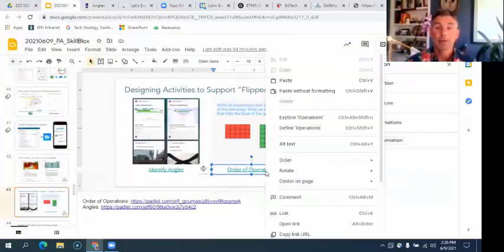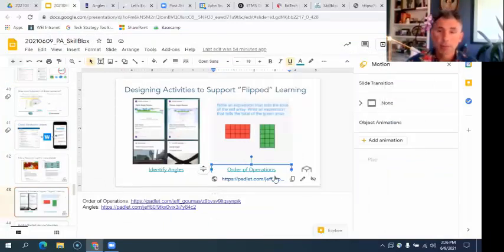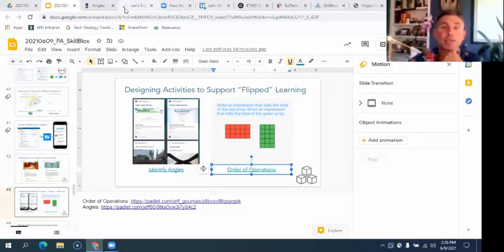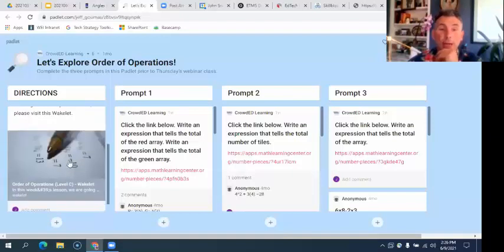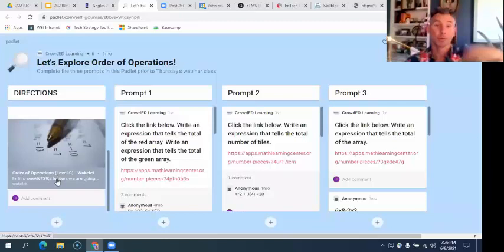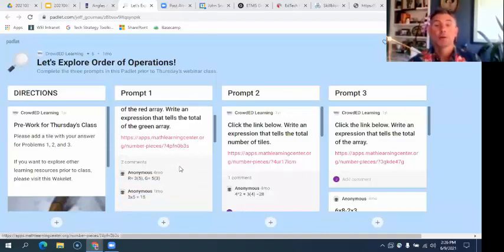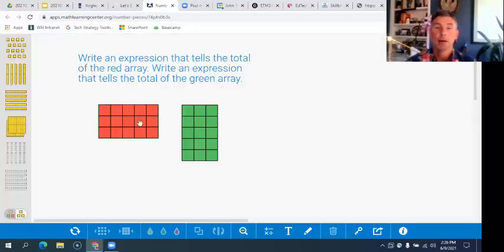The other one that I have in here is on order of operations. And I think, oh, here we go. I can copy that. And I'll paste this in the chat. And in this case, I actually went ahead and created a Wakelet that used the resources from SkillBlox and made an order of operations lesson. But then I created this open-ended set of questions where students are viewing an array or different arrays,